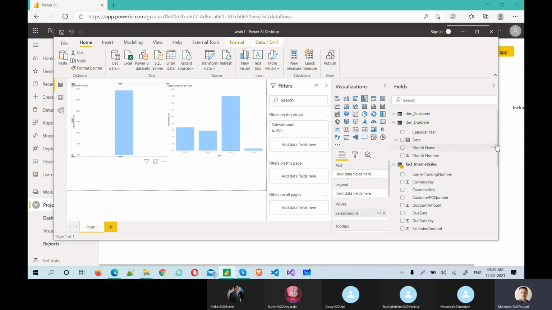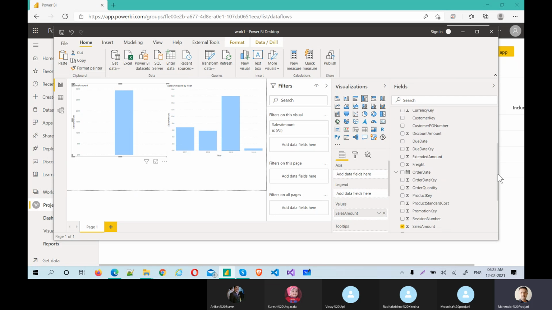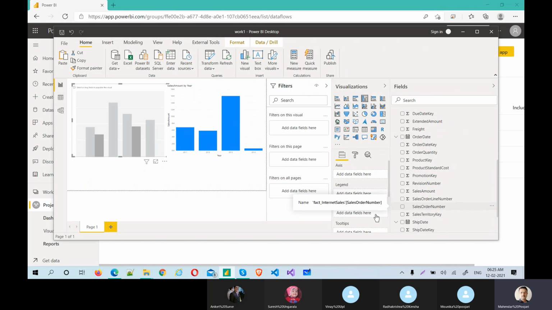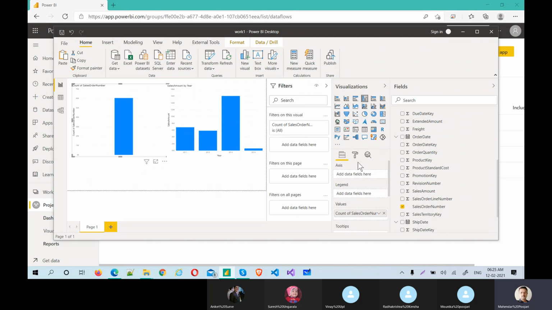But we don't have a date again to connect with the order date. But yeah, so instead of sales amount, we can take order number, something like that, because this will work with order information.